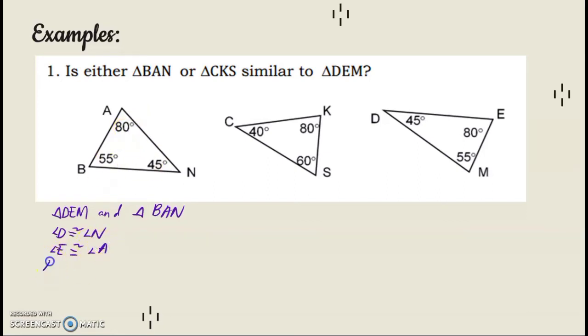Okay, next. Si angle M is congruent to angle B. Okay, so as you can see, since tatlong angle yung congruent, so ibig sabihin, itong si triangle BEM is similar to triangle BAN